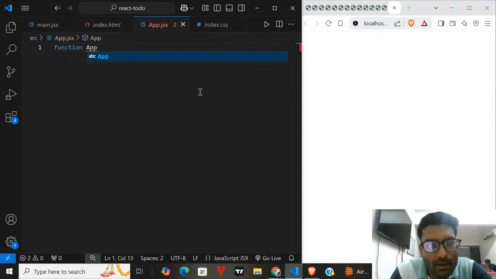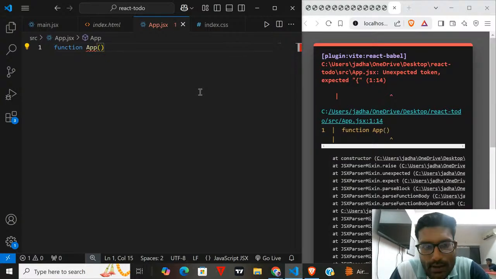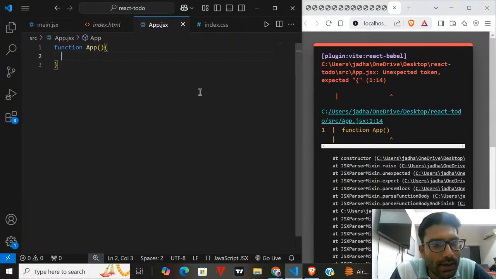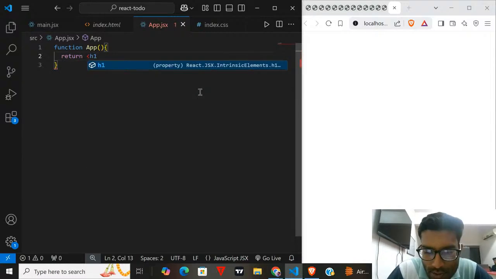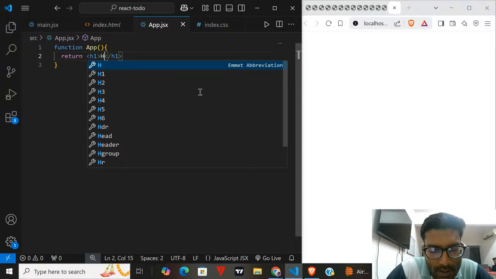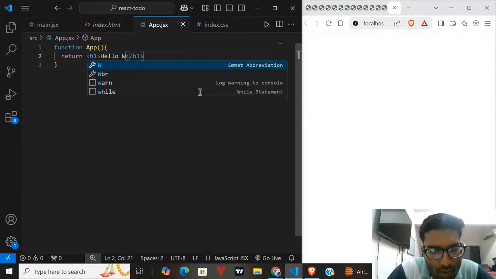This is a function, and inside this function we need to return some HTML, as I said, right? So you can return some HTML code. I need to return one h1, and it will be hello world, right?